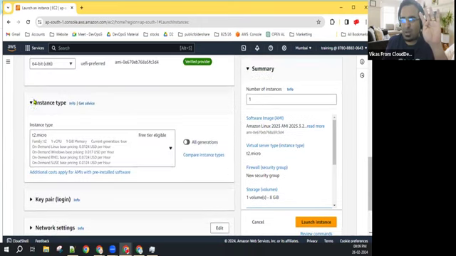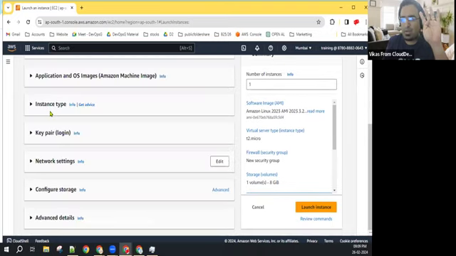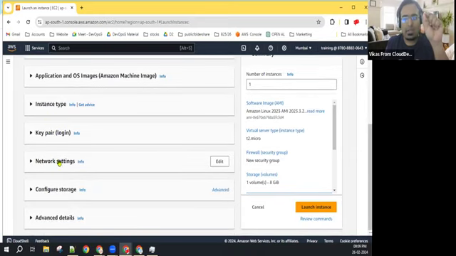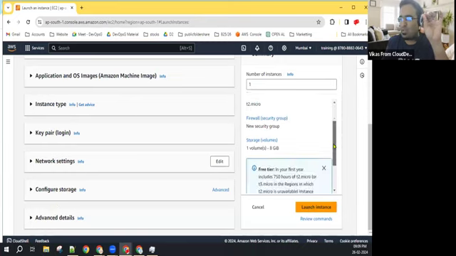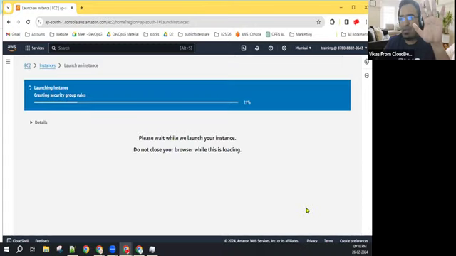Let me show the template to you. To create any machine, you have to fill this template. You have to provide the name, choose the operating system, choose the CPU and memory, choose how to log in, decide the network, and decide some advanced configuration. If you fulfill this template, you will get an option to launch here. Whatever you select, this information will be visible here, and you can create an instance with just the fifth click. Launch instance, I click here and my EC2 machine has been created.